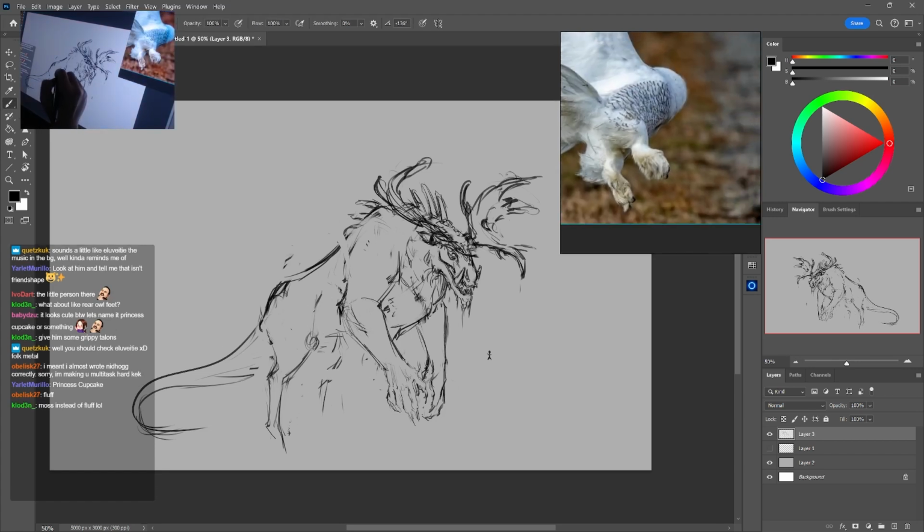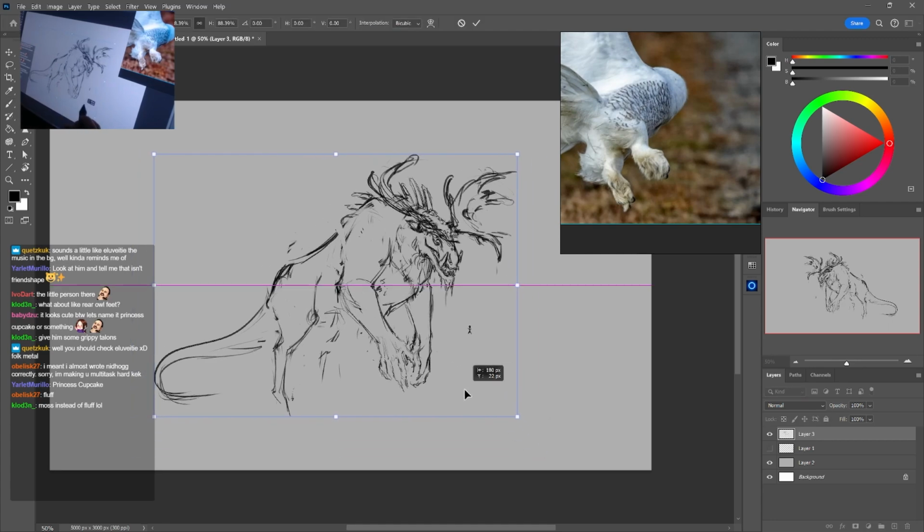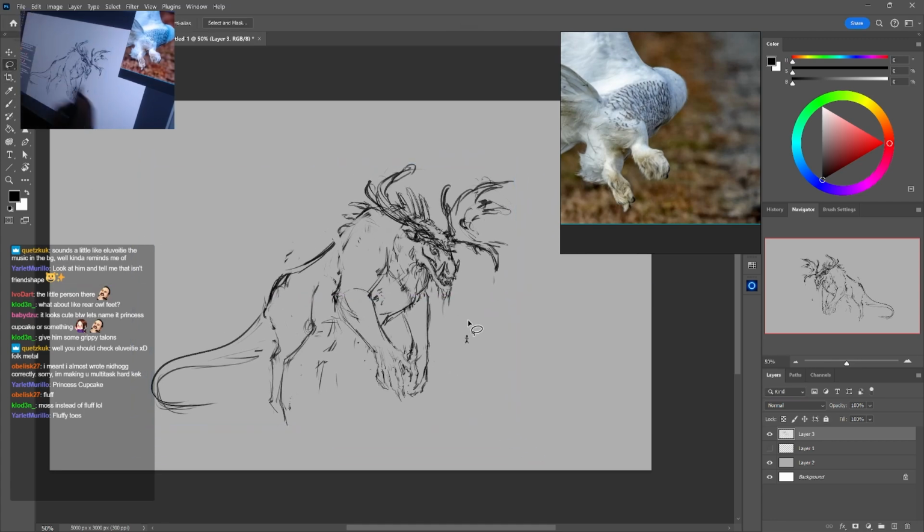Okay, let's give him some owl feet, eh? As the French would say. Move this little guy down here. Thanks.